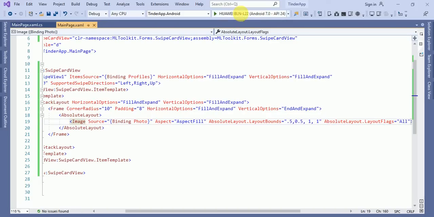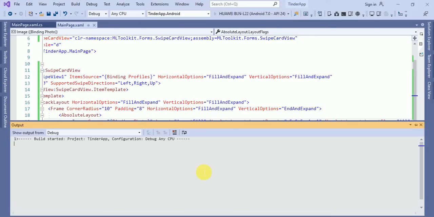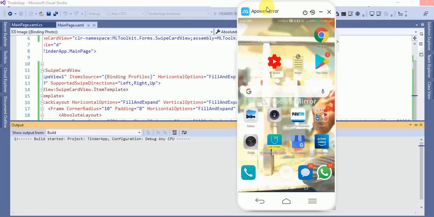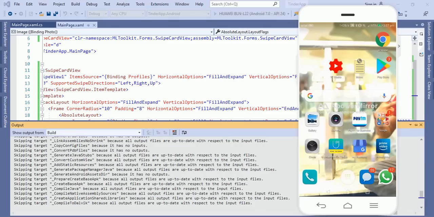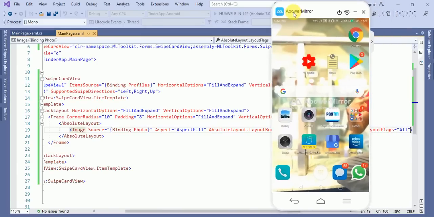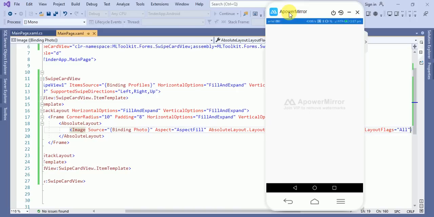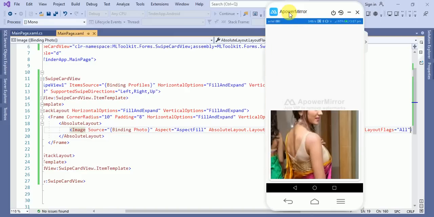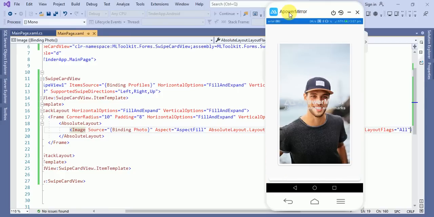Now run this application and see the output. It will take a few seconds to run the application, for that I'm skipping the video. We hope we will get, yes, we will get the images, and we can swipe the images.